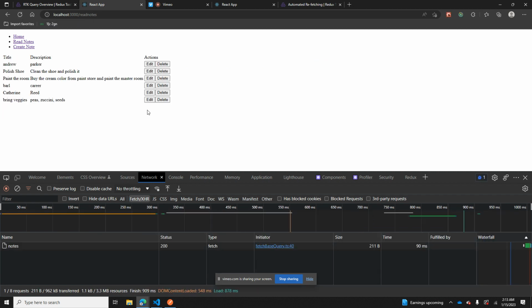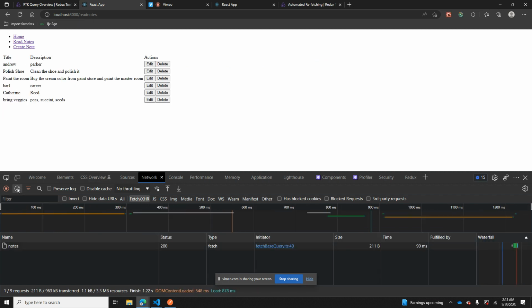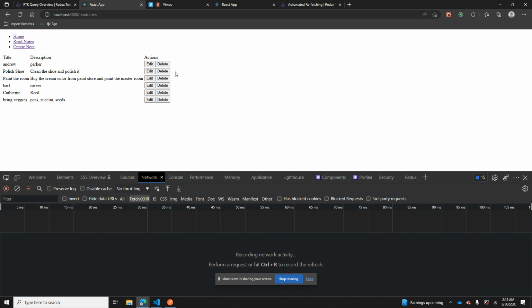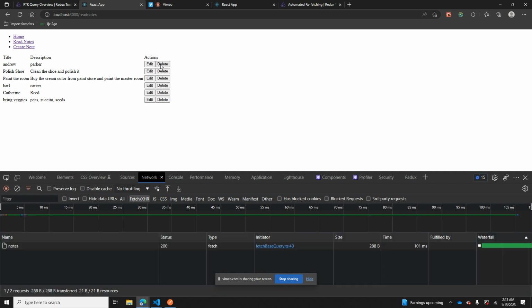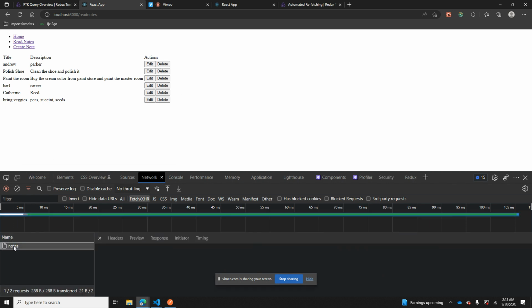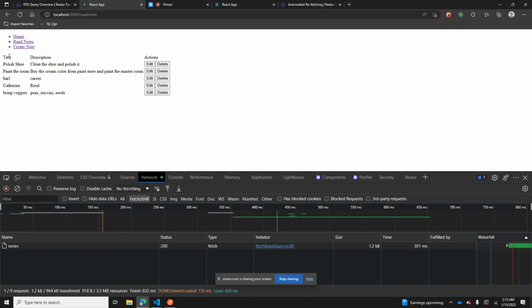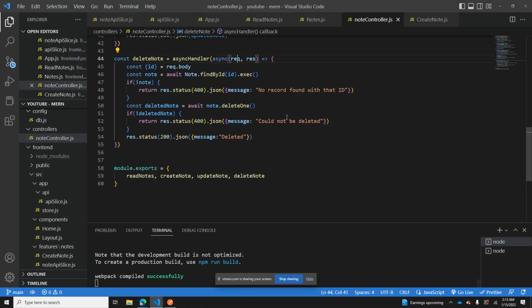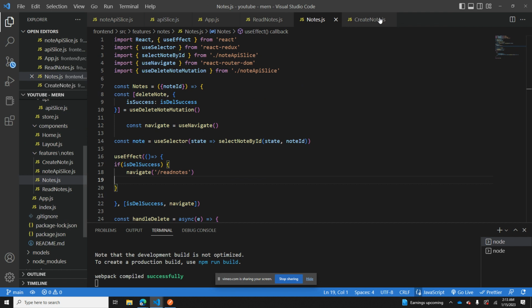Let's refresh. Okay, let's clear out our network and delete. So it's actually passing the payload, and let's refresh. Okay, and it got deleted. So the controller code is fine here. So inside notes,